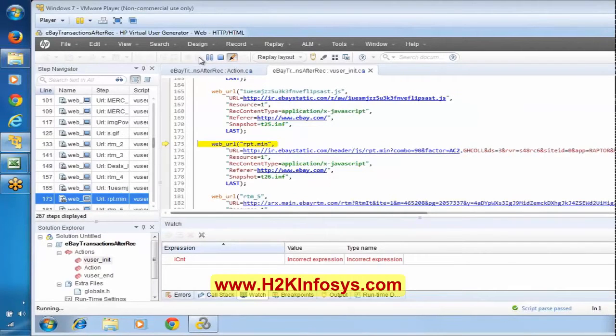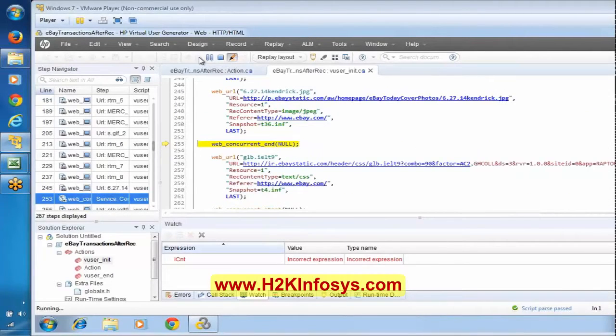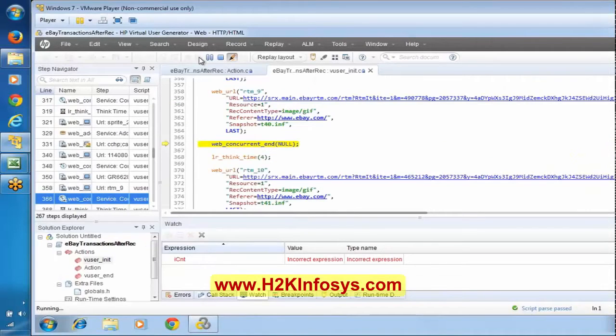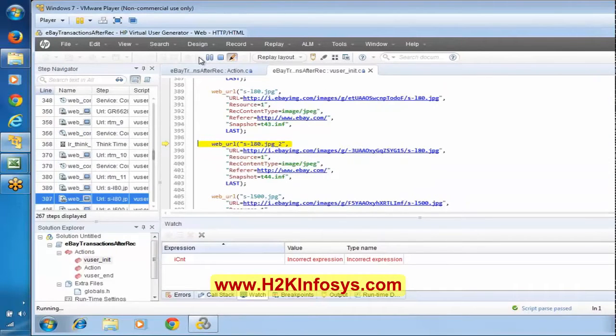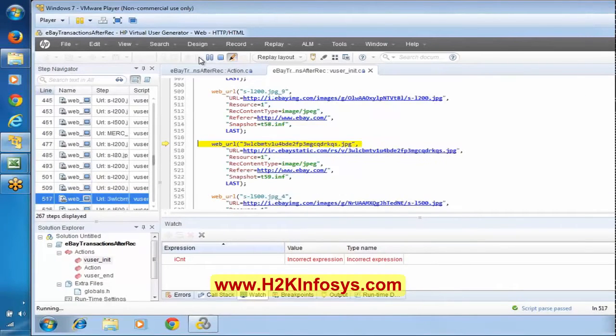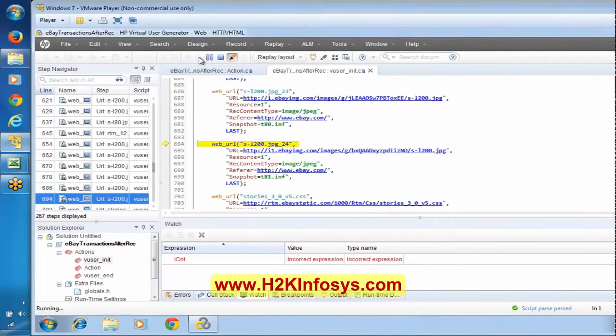I hope everyone is comfortable in finding the request and the respective response. Is there anyone here who is not comfortable in finding the request and respective response? Please let me know if anyone here is not comfortable. Please let me know. I see no one is responding back. I think everyone is good with this. Okay, great.